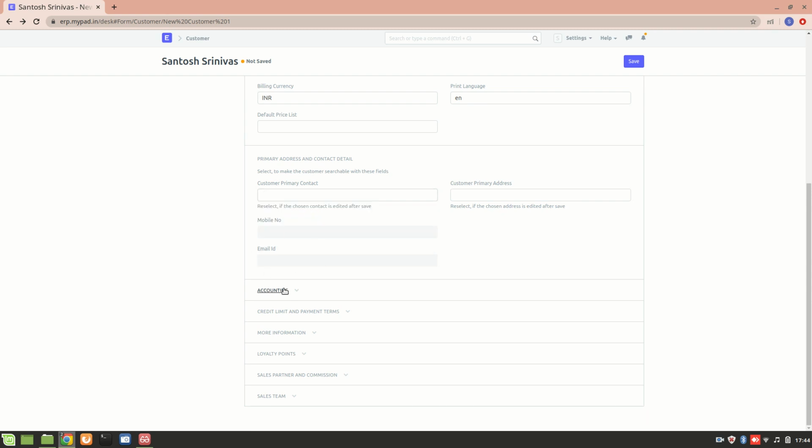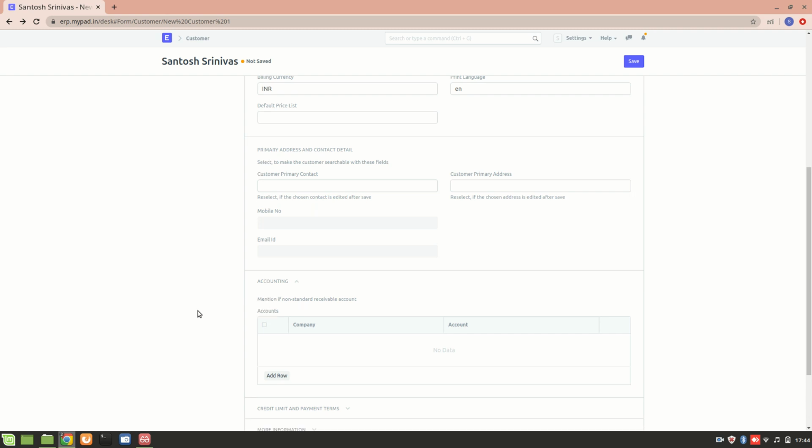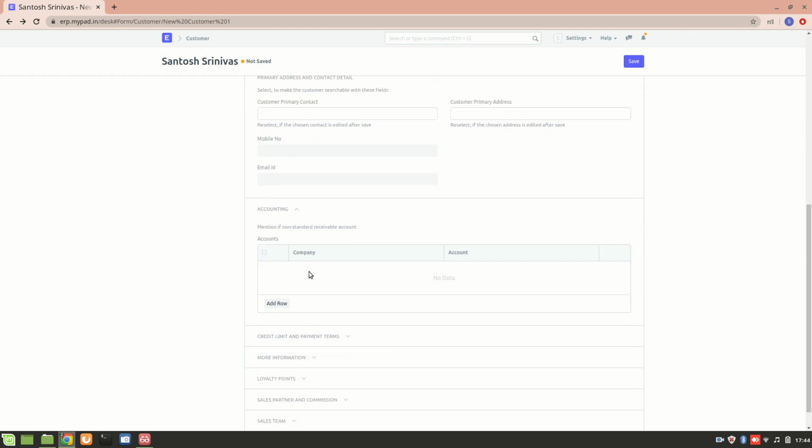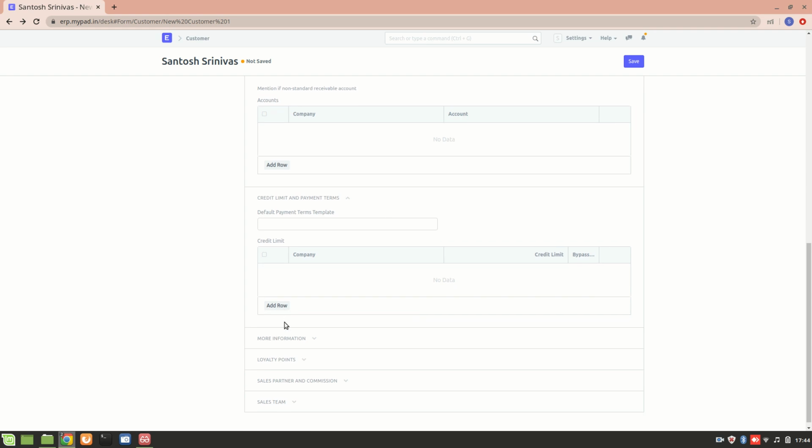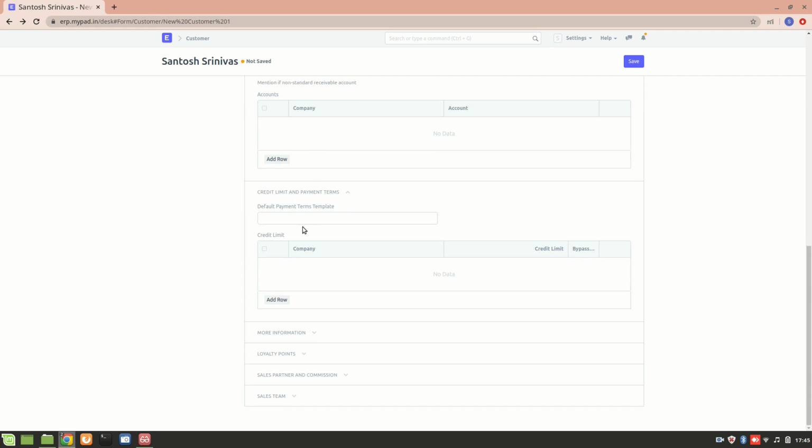We'll go to this account section. So what we can do is integrate it with the accounting account, and if there are particular debtors, we can also mention that in this section. And then we have a credit limit and the payment terms. The payment terms we saw in the quotation; it is about how the payment has to be made, according to the terms of the company. And the credit limit is also set by the company. Alright, this we'll see in more detail in the next module.